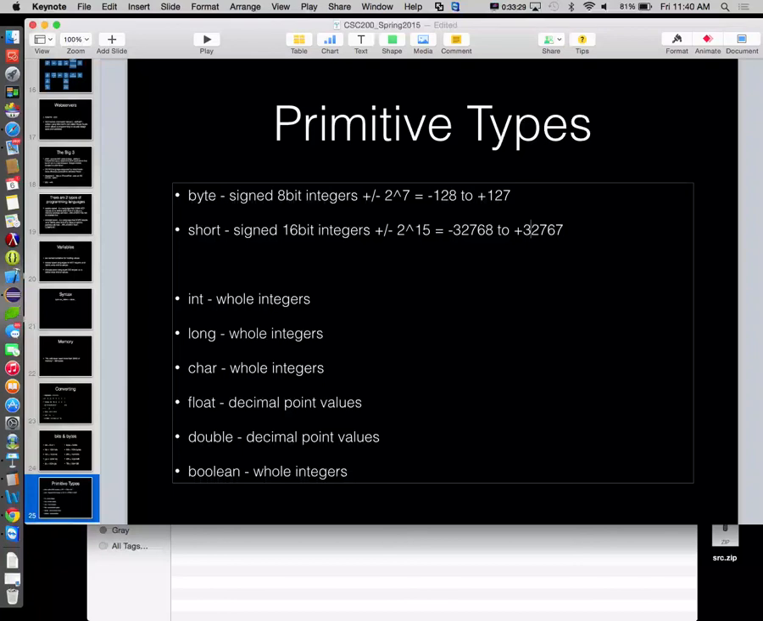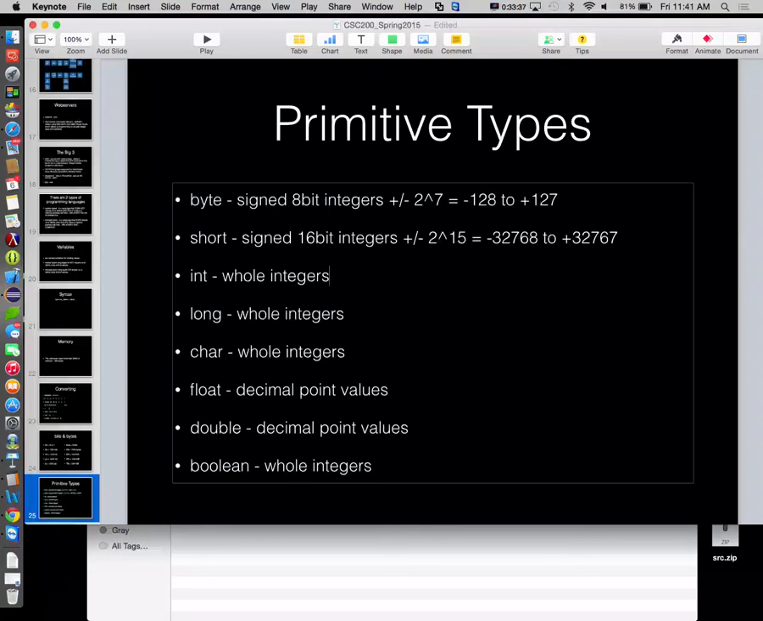So that's negative 32,768 to positive 32,767. It's the range of values that fit into a short. Much bigger range, twice the number of bits. And we can see that by powers of 2, it goes up pretty quickly, right? All right. An int